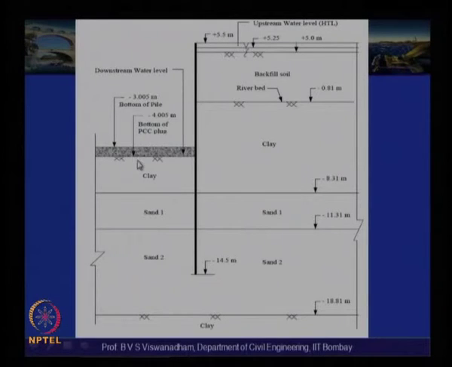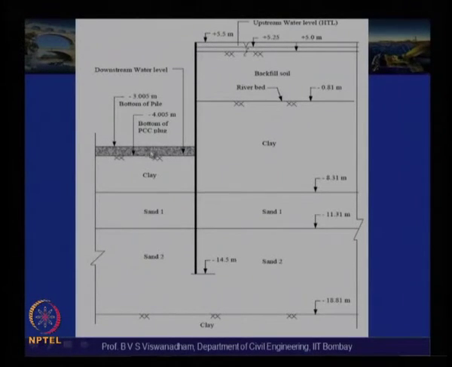And the question here is that in this type of sequence there is a need for providing a PCC plug. This is nothing but a plain cement concrete layer. The question involved is whether the intended thickness of 1 meter of PCC concrete plug is adequate or not. This is basically done to prevent piping failure, and the resistance offered by the PCC plug onto the stability is not considered.